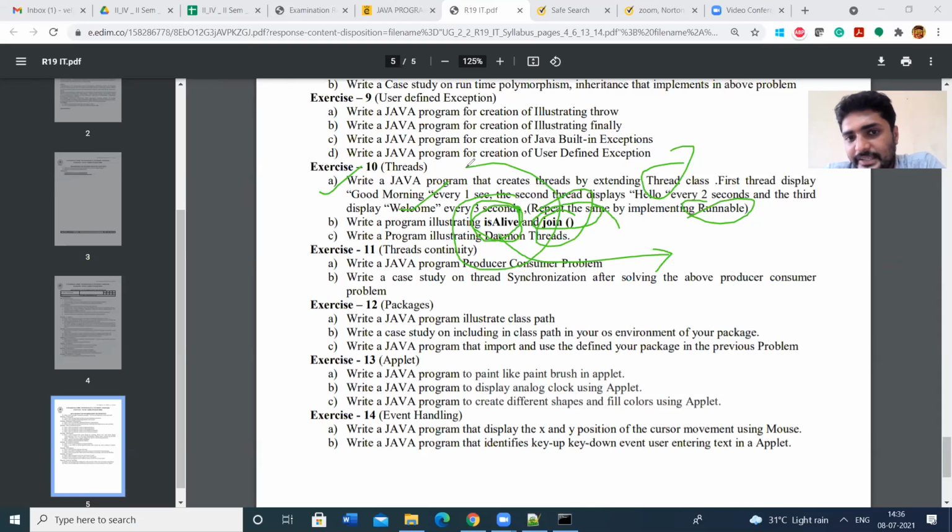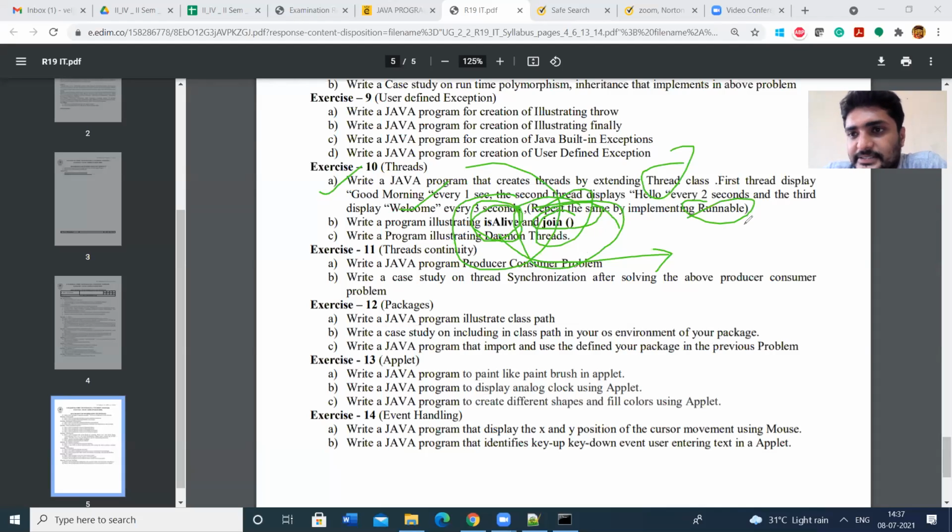isAlive T1, isAlive T2. That means whether T1 is alive or not. Then join. Join is a method which is used to synchronize the threads. We can use the join method to synchronize the threads to some extent. Suppose we have 3 threads, T1, T2, T3.